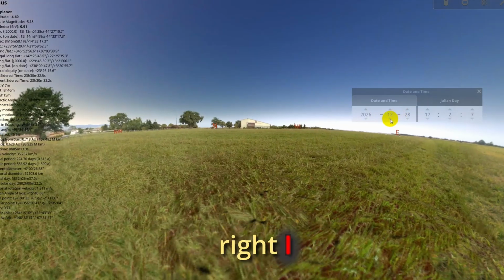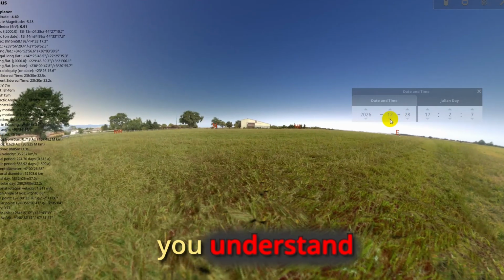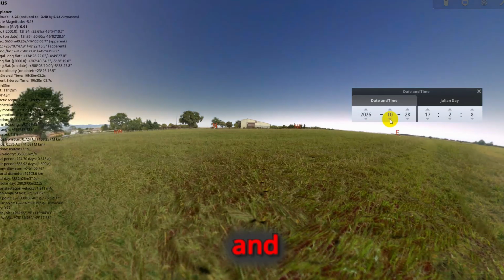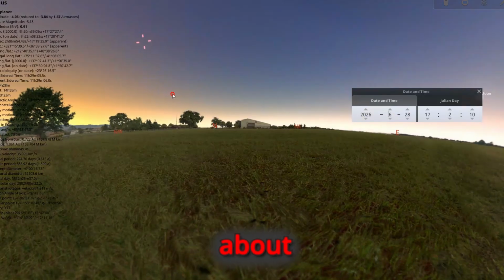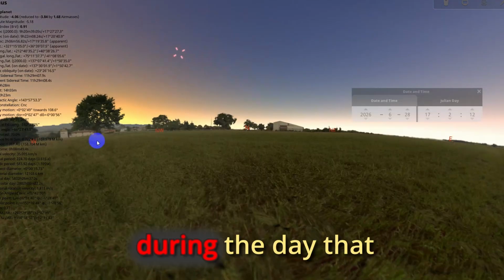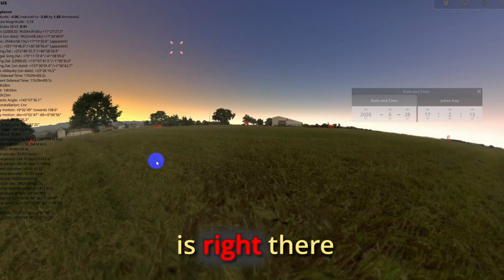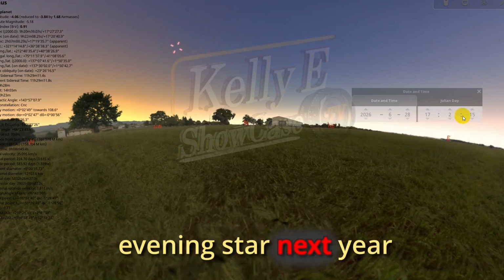All right, I guess you understand and you have got this about Venus. So during the day, that is right there, evening star. Next year